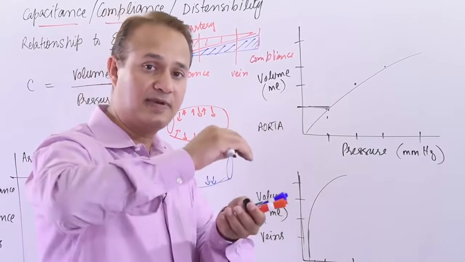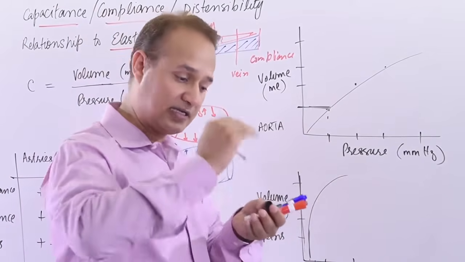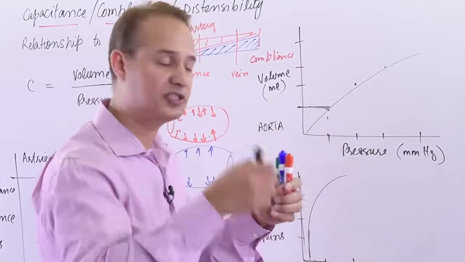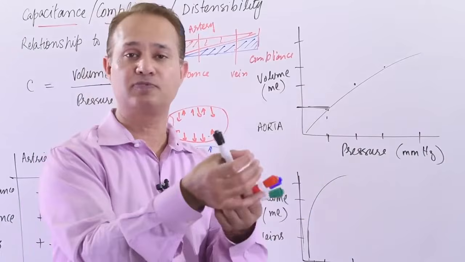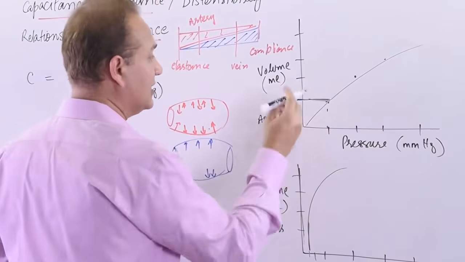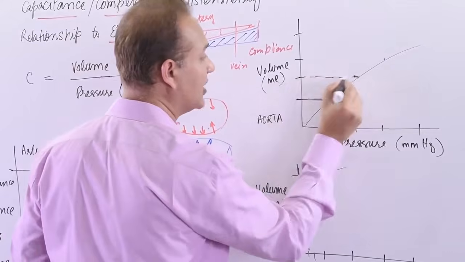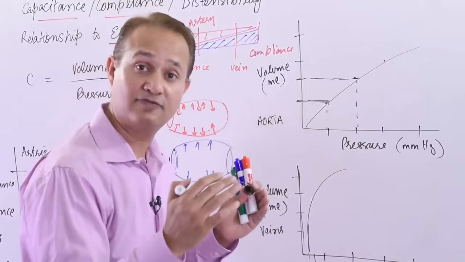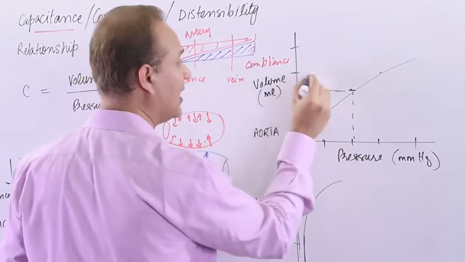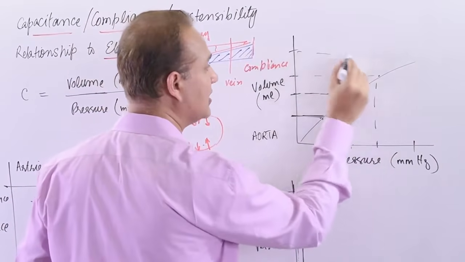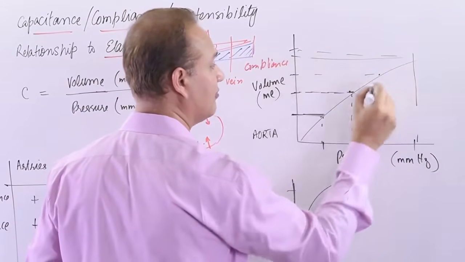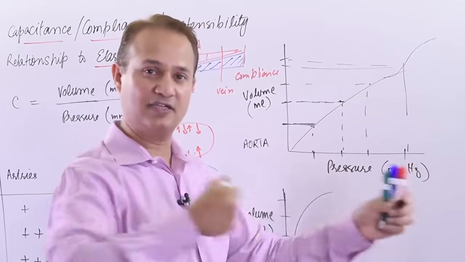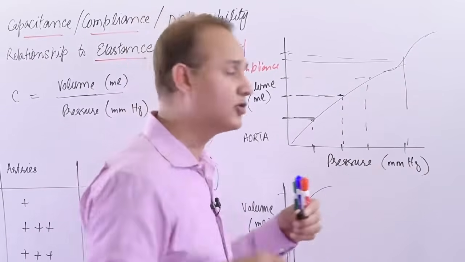Why? Because the aorta is expanding, but it is trying to recoil. So that causes pressure. This is like picking up something and squeezing on it. That causes pressure on that thing. If I pick this up and I don't squeeze on it, there is no pressure. Then the heart pushes more blood into it. That causes even more pressure because of the recoilability, because of elastance, less compliance, and so on. So you would see a graph like this. Actually, at some point, it would become like this as well if you break the physiological barriers and you stretch it so much that it cannot recoil anymore.